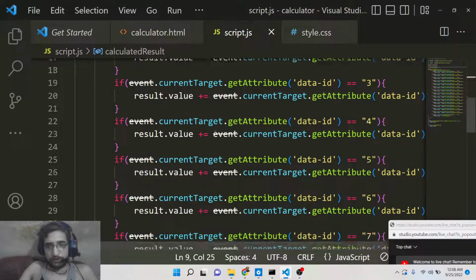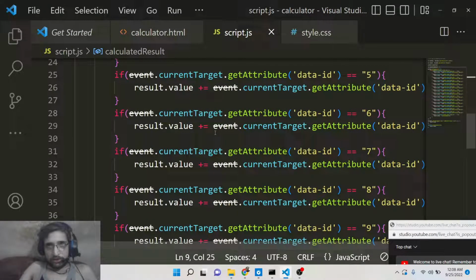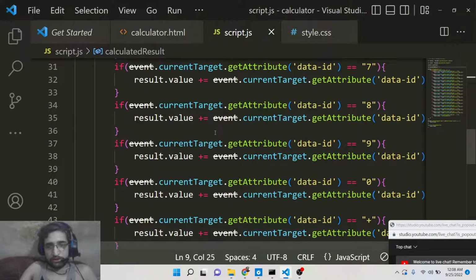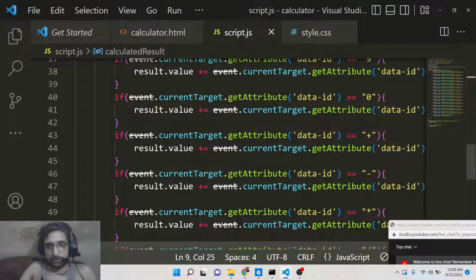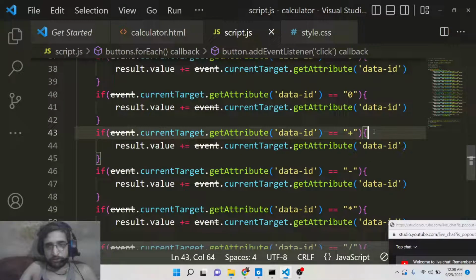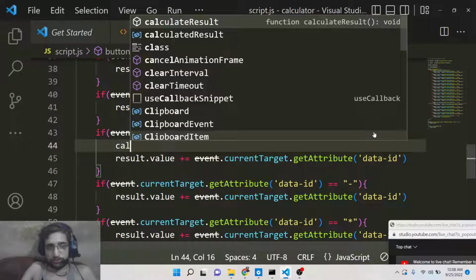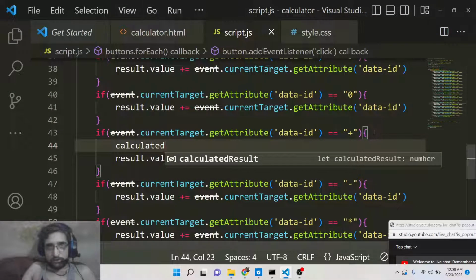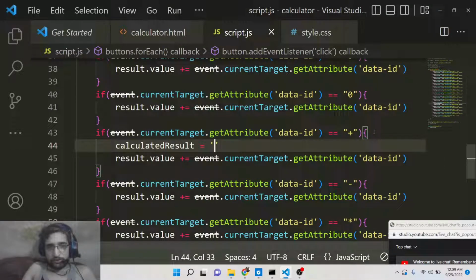So now what we will say that if anybody hits the plus icon, plus button, so in this case we need to simply make this calculated result equal to